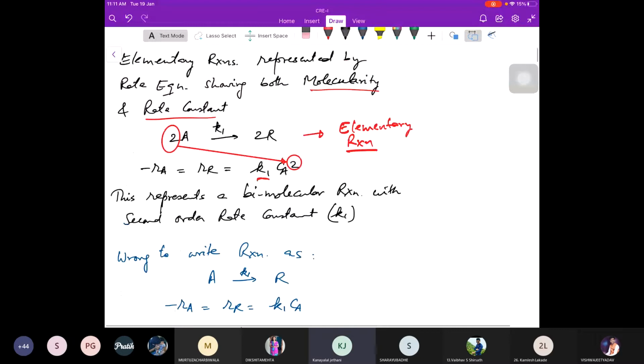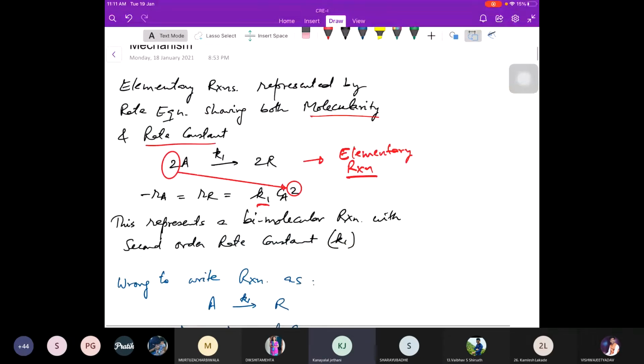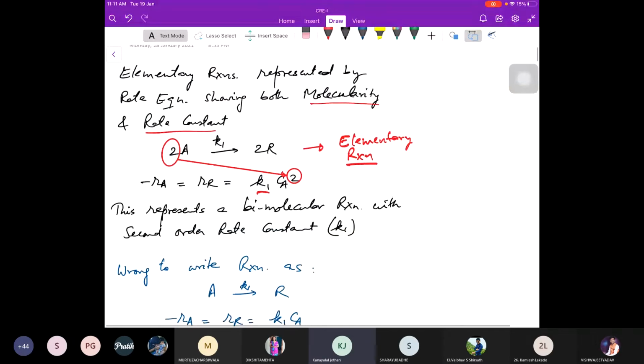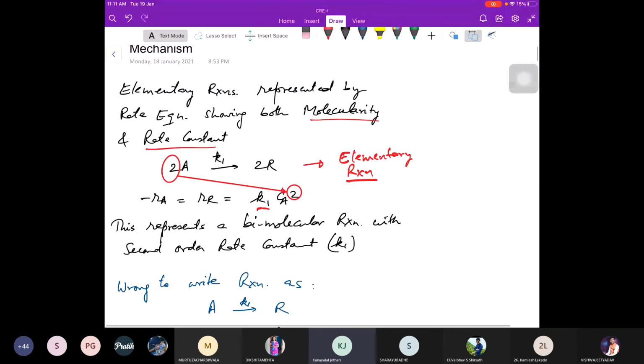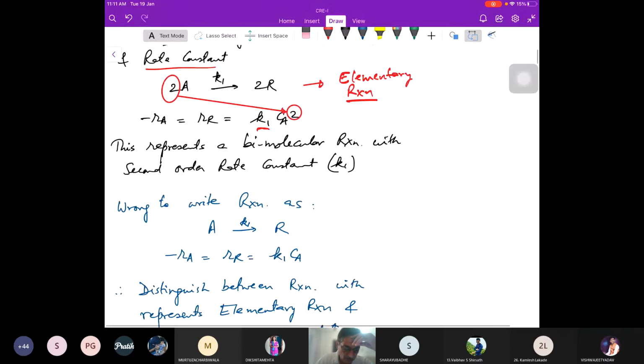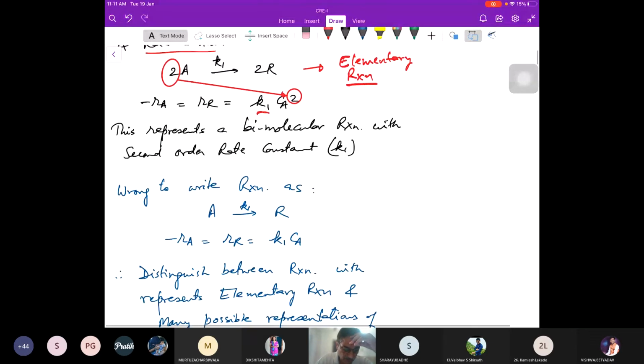Now somebody will say, okay, if you are writing 2A gives 2R, why can't we write A gives R? Can we do that? Can you just say कि ये 2 निकाल दो इधर से और इसको A gives R बना रिएक्शन लिख दो? Will it be okay to write A gives R? It will be wrong because then we cannot write the rate equation. Because if we write this as an elementary reaction,